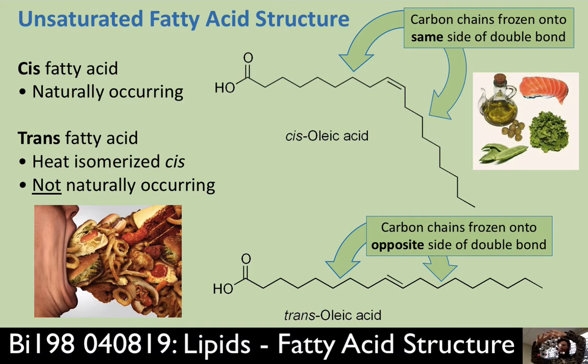If the double bond is a plane, both of these are on the same side of that plane. All right, this is a cis double bond. These are the ones that occur in nature. And you may think to yourself, well, that's kind of stupid. Why that? Because it puts this weird kink in the fatty acid that would be sort of more convenient and easier to pack that fat in if you didn't have this kink in the middle of it.